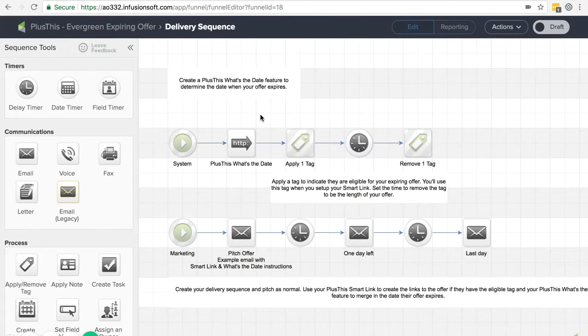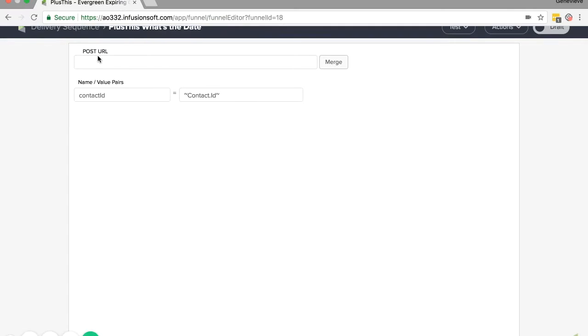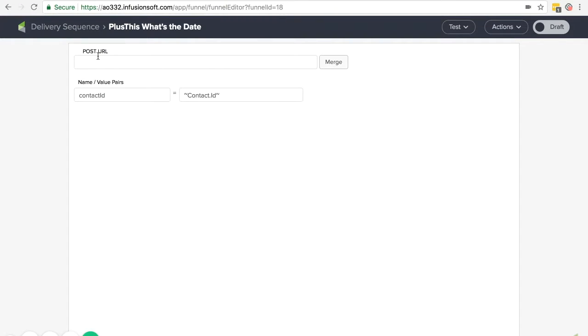Let's go into the delivery sequence, and the first thing you'll see is that it starts once they either opt in or get that tag applied to them. Plus this will run their What's the Date feature. So it calculates what's the date that they have until their offer expires, basically. So you'll calculate that within the PlusThis app itself,